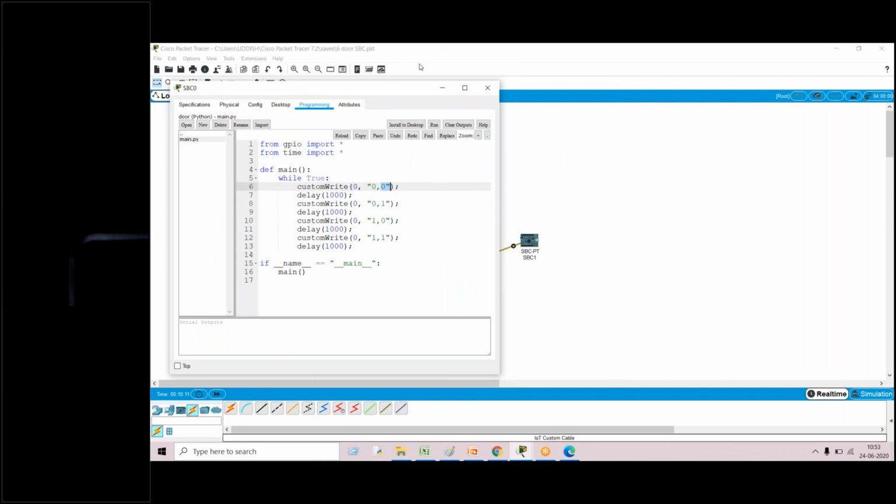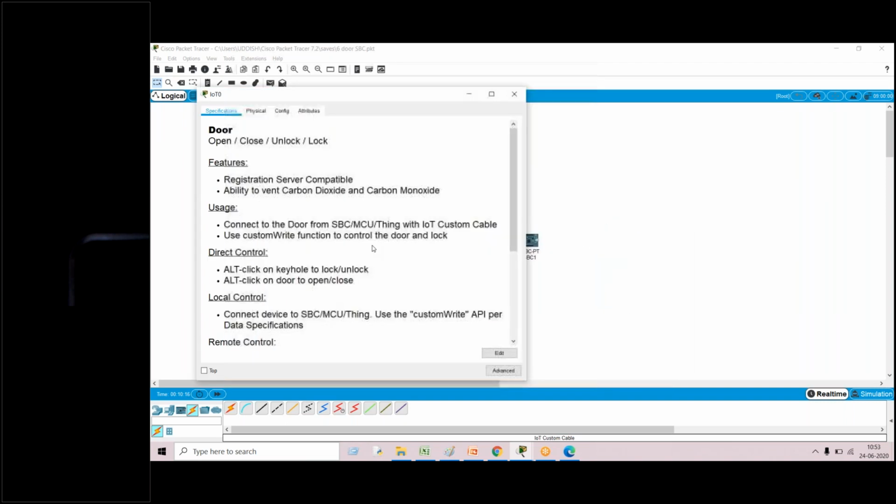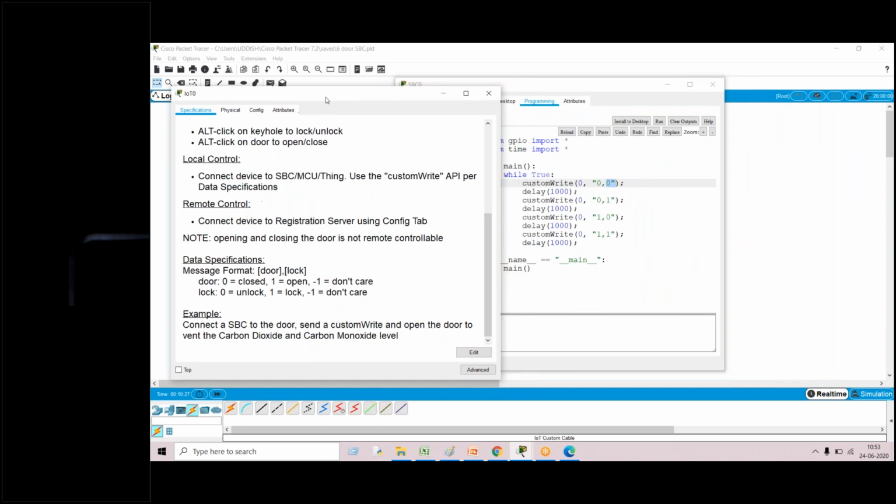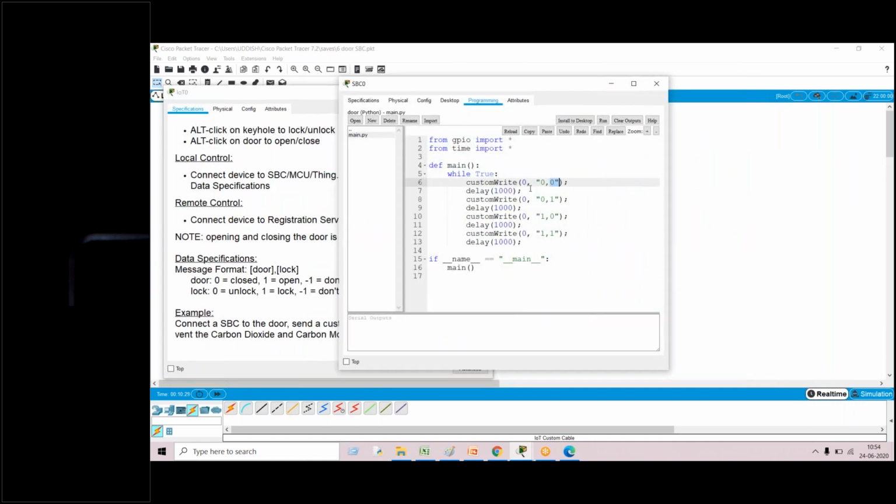Now you see here the conditions. The first one is 0 and 0, which is nothing but the door is closed and the door is unlocked.